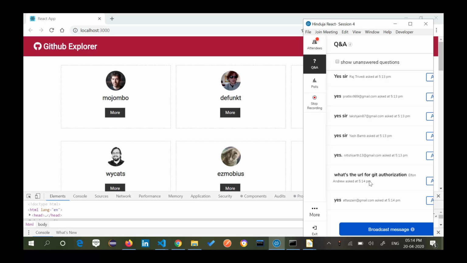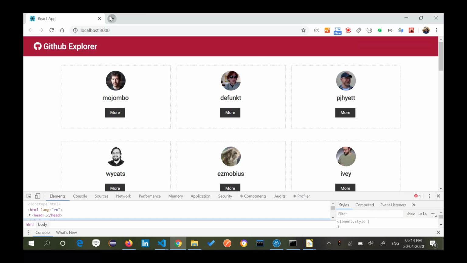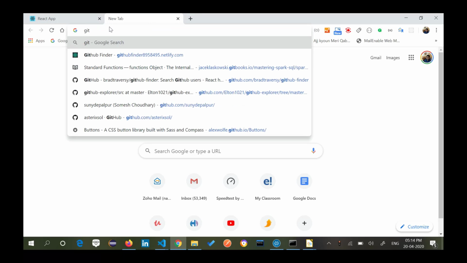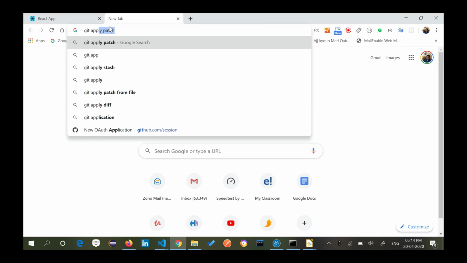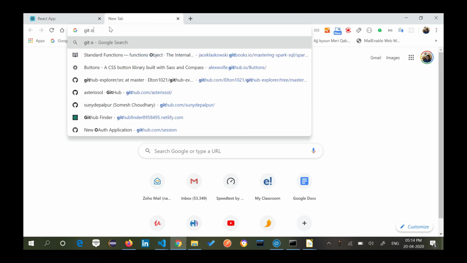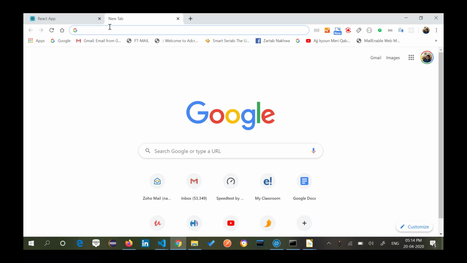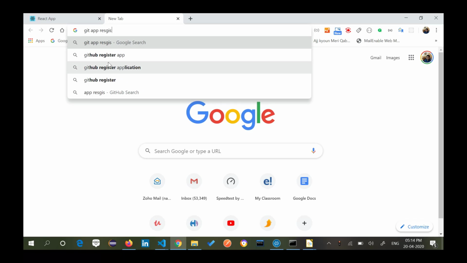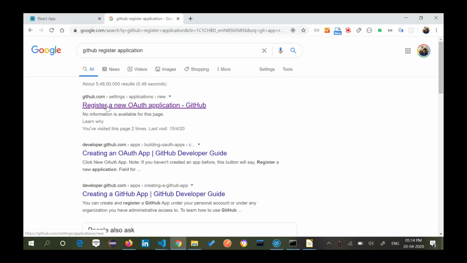So what was the URL for Git authorization? I don't know the exact URL, but you can just search for GitHub register application, and you will get the first link.